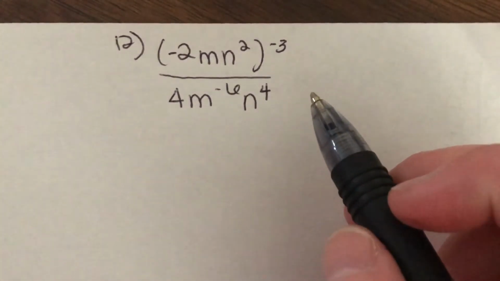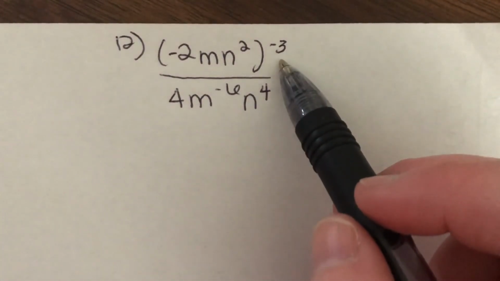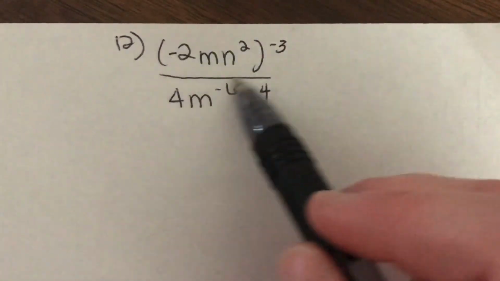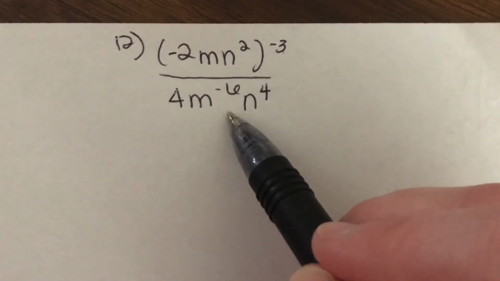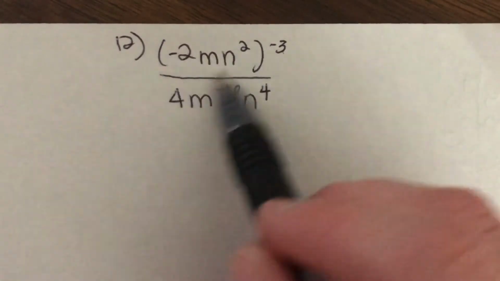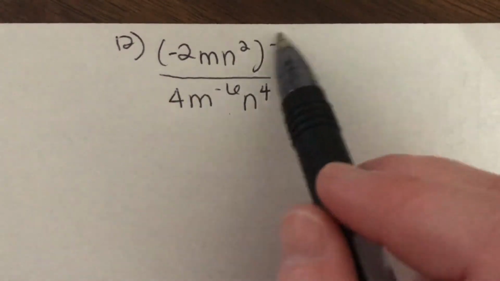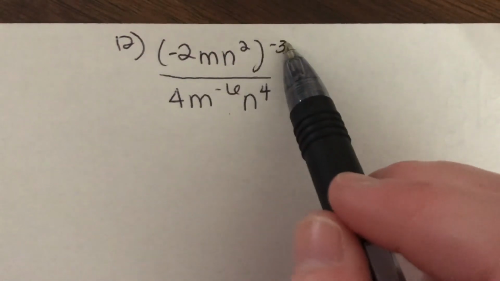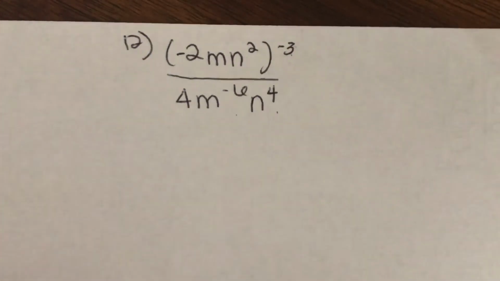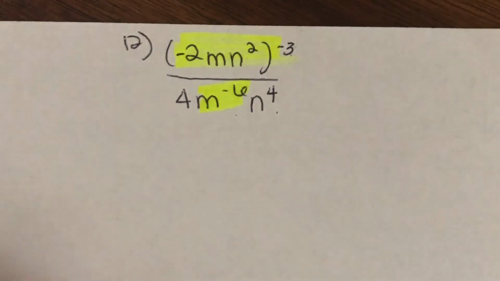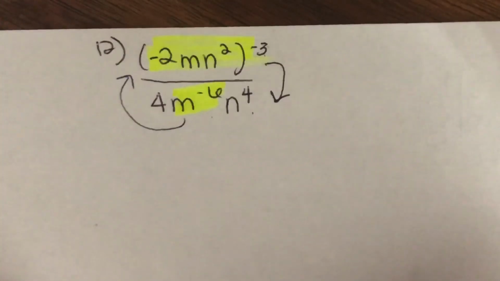First thing I want to do is go ahead and, since this whole entire thing is being raised to a negative exponent, I know all of it's going to move to the bottom, right? So this inside parentheses will stay the same, but this number, because this is our base, this number will become a positive 3 when we move everything to the bottom, right? And what's the other thing that I can move? On the bottom, this guy has a negative exponent, so it can come to the top. So this entire thing needs to come to the bottom, and the m to the negative 6 needs to go to the top. So we can rewrite this